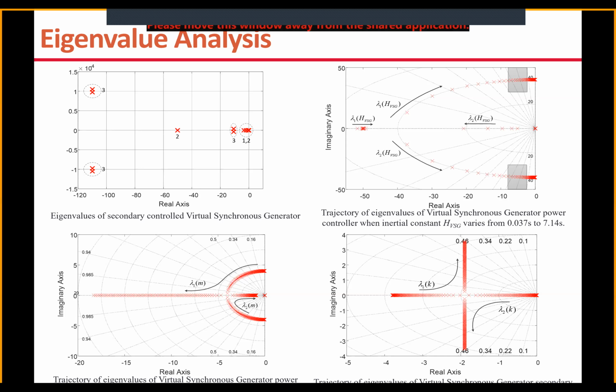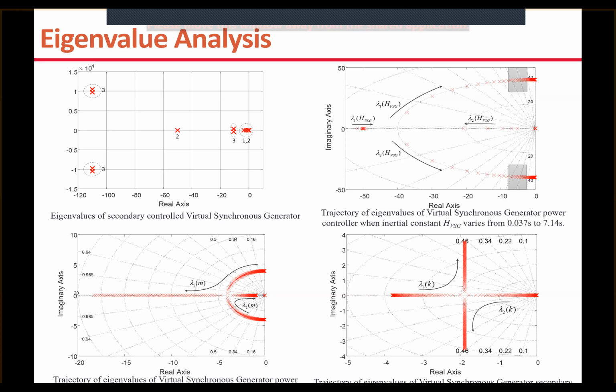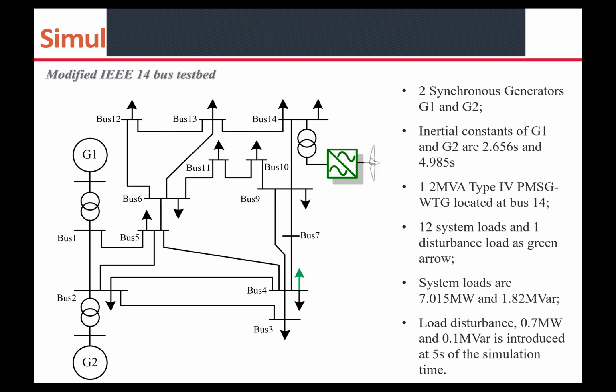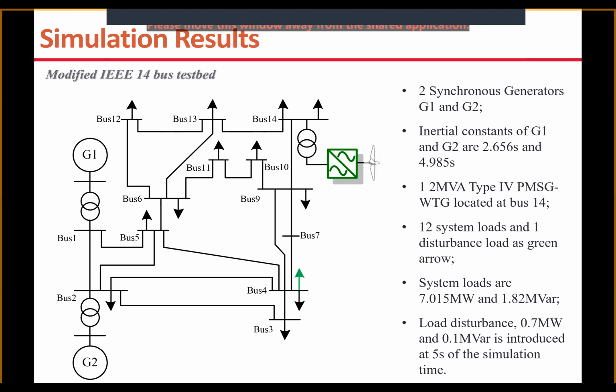And this is also the droop coefficient m, when it changes, it also affects eigenvalues. And this is another constant k, the VSG secondary controller constant k, when it changes, then the eigenvalues change. After our design, I didn't show the detailed design, but after we design a proper VSG controller,